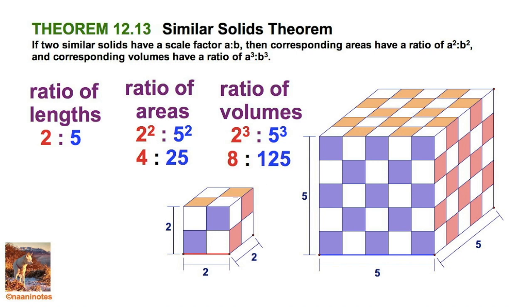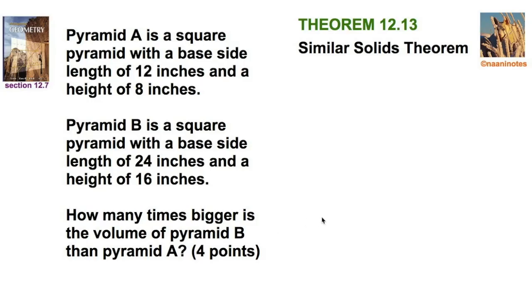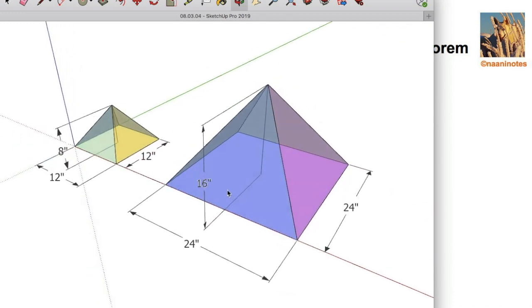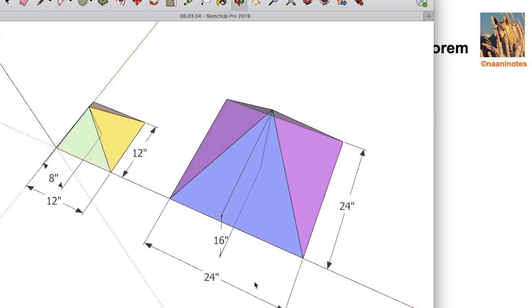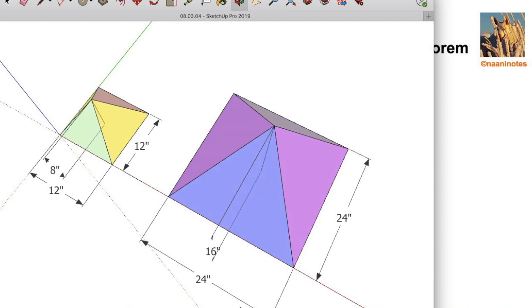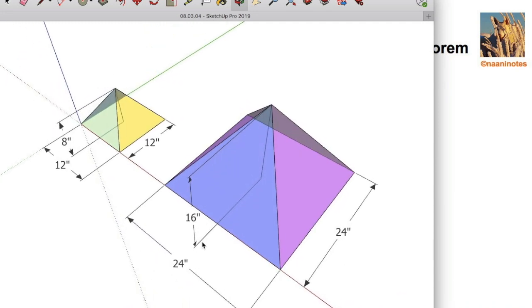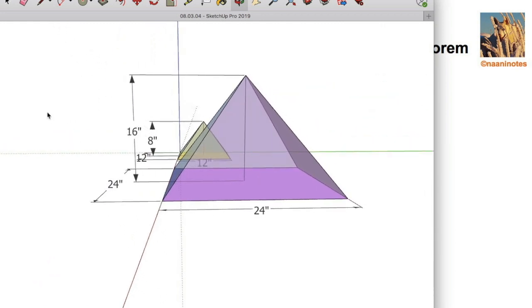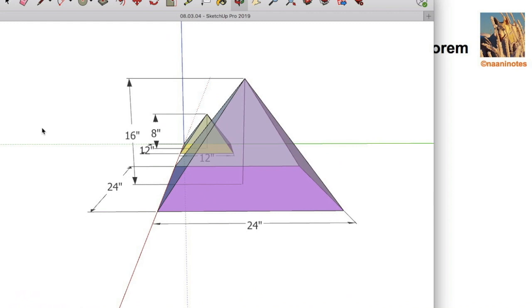Now you know how to solve the last one. This is a similar solids problem. Now, you didn't have to draw it, but I drew it for you because you were told a couple things about these pyramids. They're both going to be square pyramids, right? So that means their bases are squares. And you can see you've got a 12 by 12, you've got a 24 by 24. Okay, now check out their heights. In their heights, you've got a 16 by,